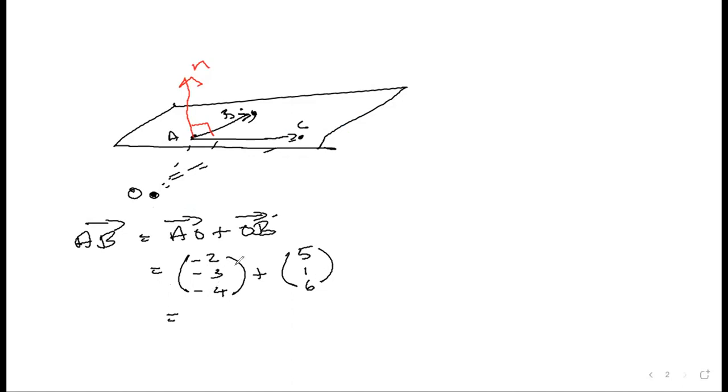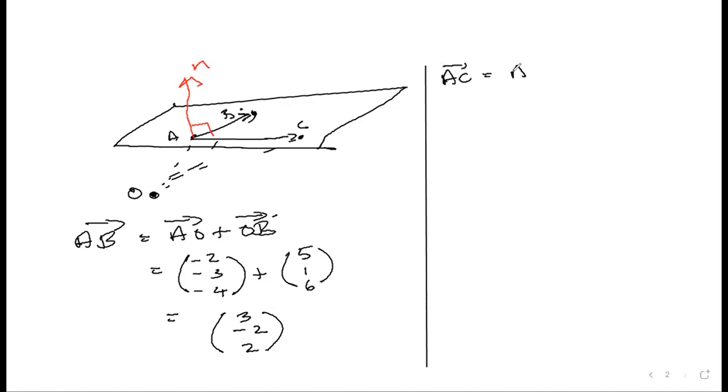So therefore, AB would be equal to 3, negative 2, 2. And AC